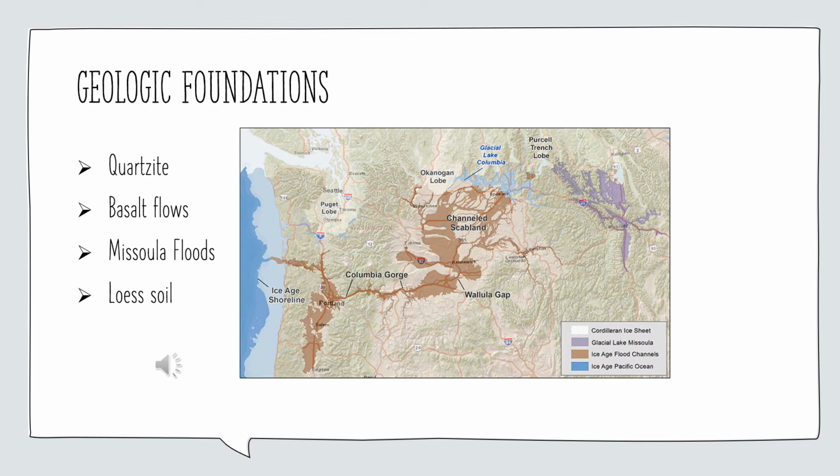Then between 120,000 and 11,500 years ago, during the most recent glacial period, the region was covered in sheets of ice. Some of these sheets blocked off the Clark Fork River, creating an ice dam that would periodically burst, releasing massive amounts of water from the reservoir that had built up behind it. This water carved out the land as it flooded the state, cutting down the layers of rock, including the basalt of the Palouse.